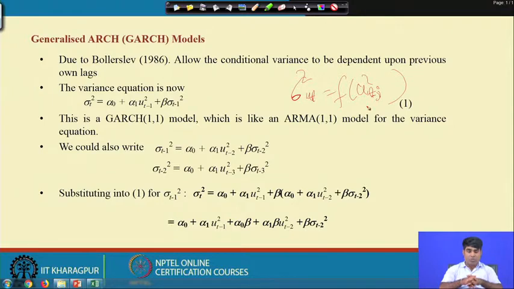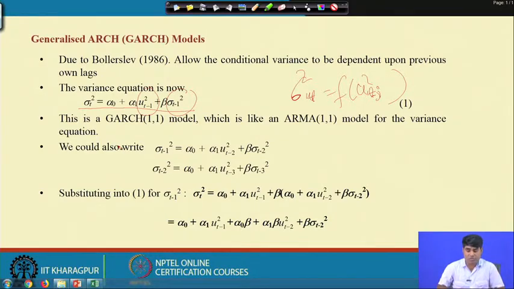Now, taking the clue from ARCH clusters, the GARCH model is like this, where the beginning will be sigma square ut equal to u square t minus 1 and sigma square t minus 1. So we are allowing lags of the error variance. Now we have ARCH 1, ARCH 2, ARCH 3, and so on. In the case of GARCH, that is called generalized autoregressive conditional heteroscedasticity,